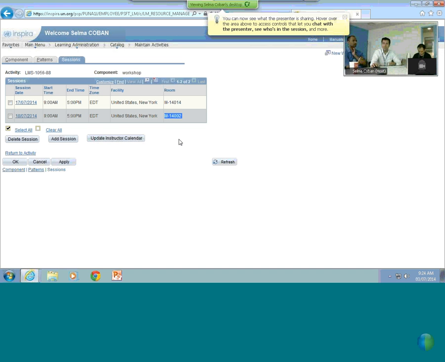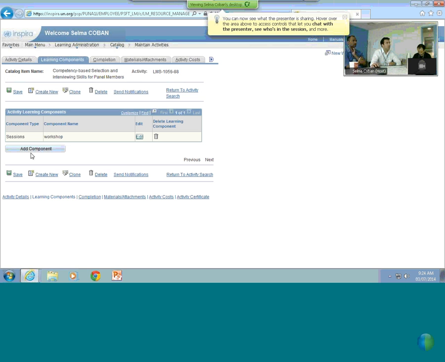So it's very straightforward. The facilities and rooms are something that we'll want to configure, and that is already there in the system. It will show all available rooms, but once you try to use a room that is already booked, it will display a warning on the screen.